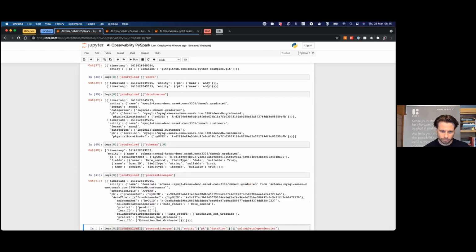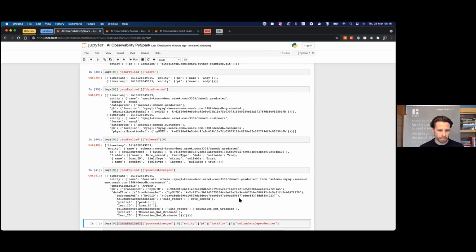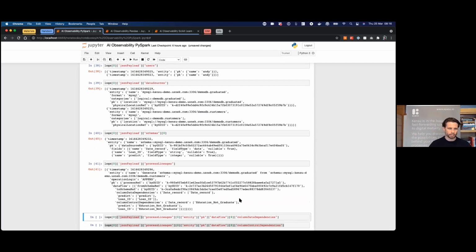The lineage, you know what lineage is, right? So lineage is a component, a structure which associates, in our case, the relationship that exists between schemas. Schemas of MySQL, schemas of CSV, right?